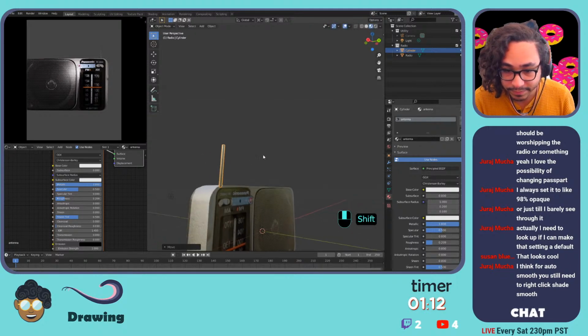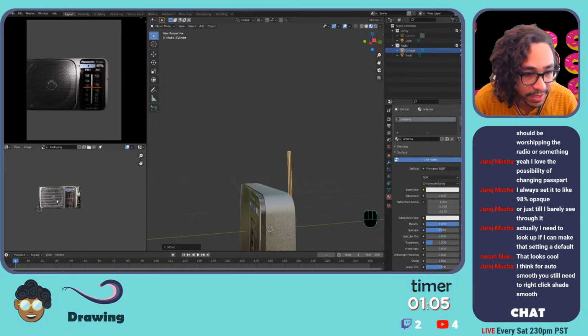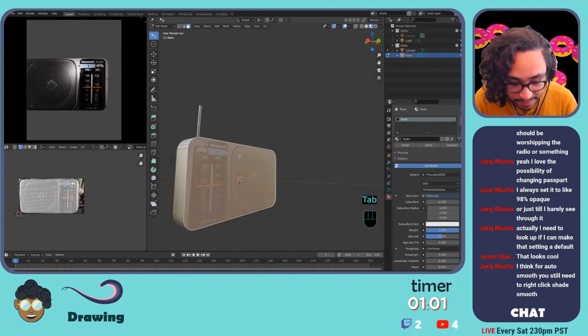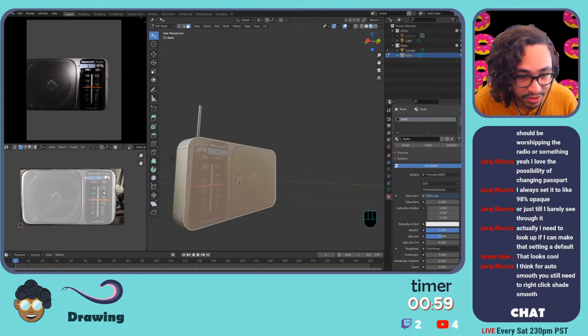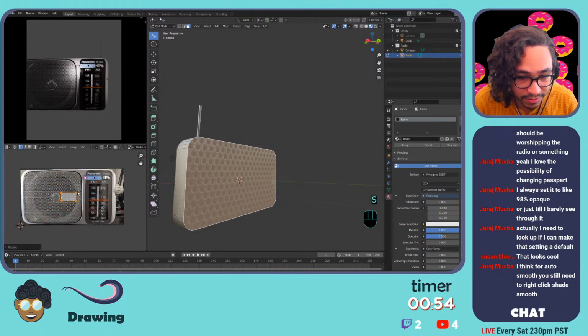Okay. So I'm gonna change the back real quick. So let's go to shader. We're gonna do it real quick. I don't want to spend a lot of time on it. So let's go to UV editor. I'm gonna go back to my radio, select the back face. Now it's over here in the UV editor. If I select it all, I'm just going to shrink it down